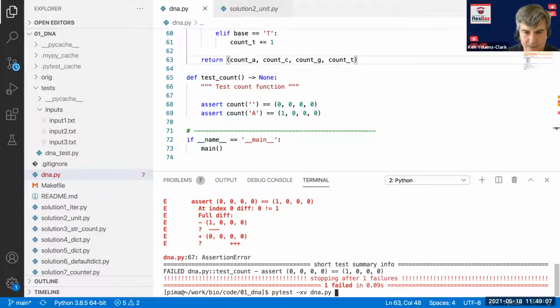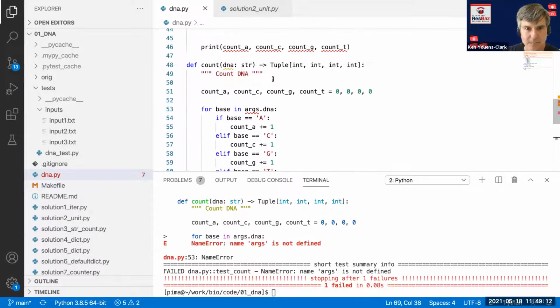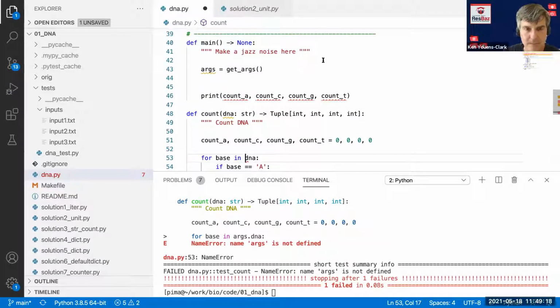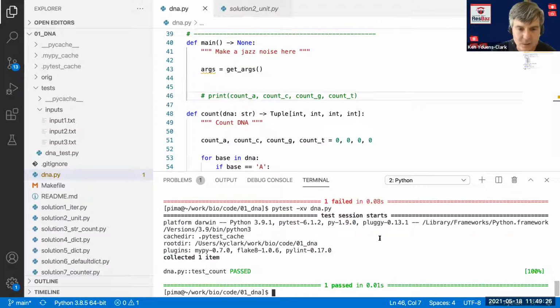And now if I run this code, sorry. In arg, I'm still referencing args.dna. For the moment, I need to comment this out because that's not syntactically correct. Okay, now my function passes.